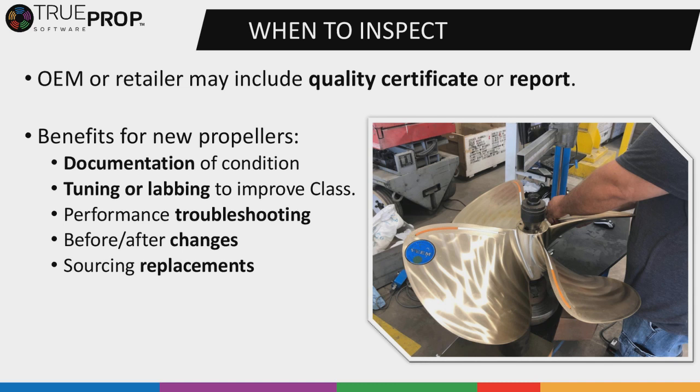First, obviously, it documents the current condition of the propeller as it leaves the shop before it goes on the boat, so that you, one, have something to restore that back to in the case of a strike. But you can also get a propeller, and if it's going on a high-end application, perhaps it needs to be dialed in just a little bit further from what the manufacturer had. Some manufacturers would provide maybe a Class 2 propeller. Maybe a motor yacht wants a Class 1 or a Class S,